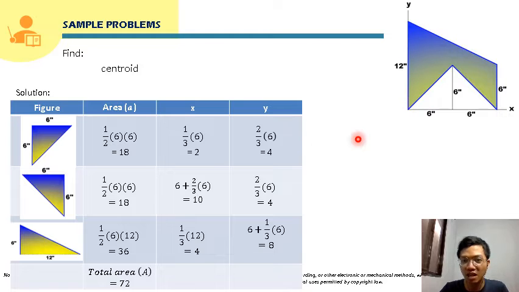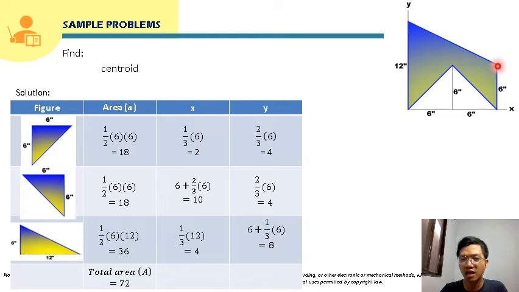So 2/3 of 6, that will be 4. Now for this triangle, the y-coordinate of its centroid will be this distance. So this will also be 2/3 of 6, no? So that will be 2/3 of 6, equal to 4. Now for this triangle,